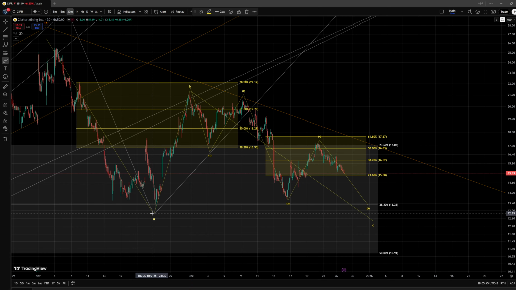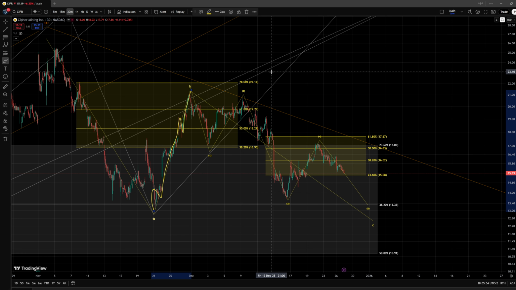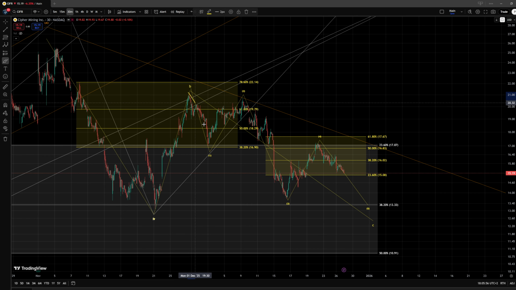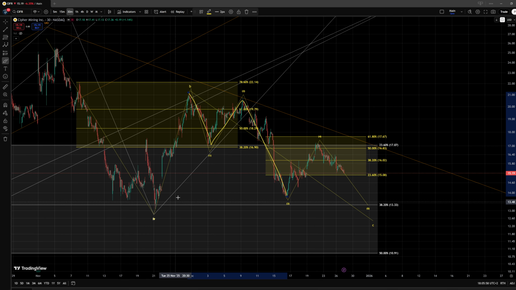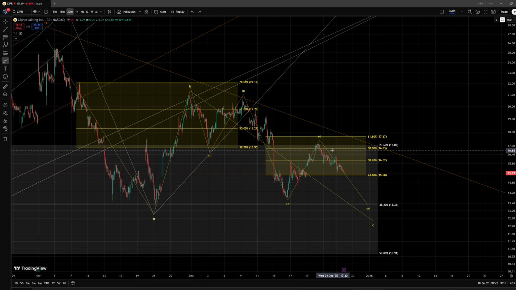Now, as I was saying, it is still technically possible. It is actually even possible for me to count here a 1, 2, 3, yeah, something like this, a 4th and a 5th. This structure could be a 5-wave move to the upside, but we have broken here below the area of support that would be defined for such a 1-2 setup, again signifying that this structure should be rather expected to form another low.